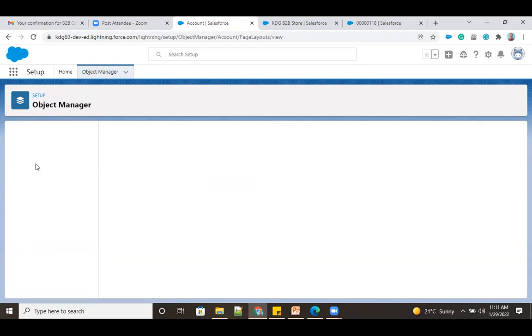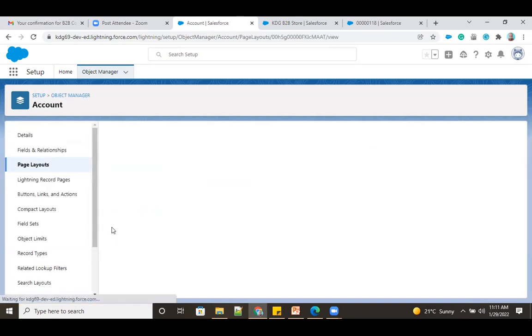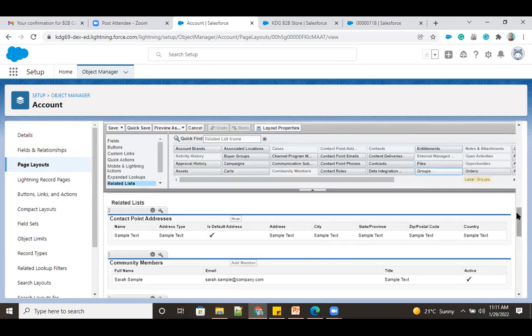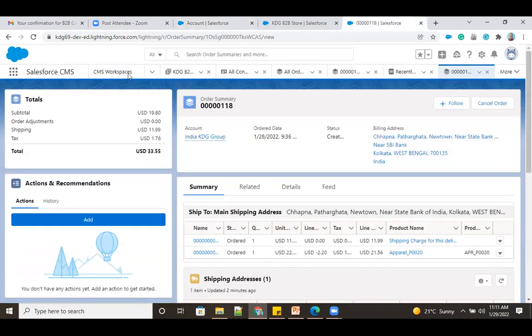Click on page layout, go to account layout. Click on related list. This is the contact point address. This related list you have to add. And community member. So if you click on any particular account,